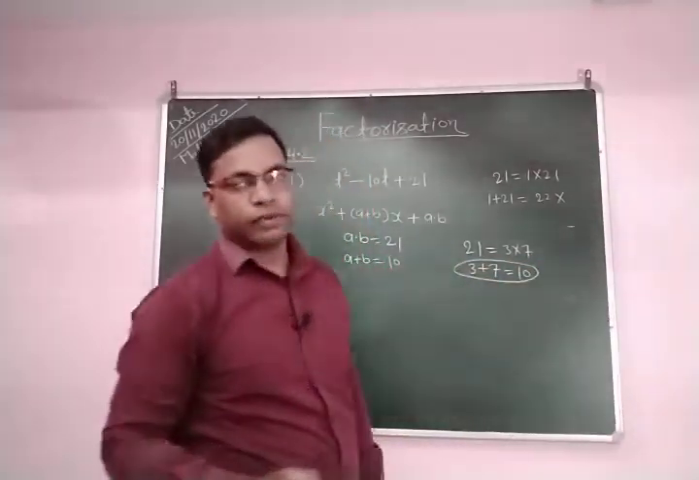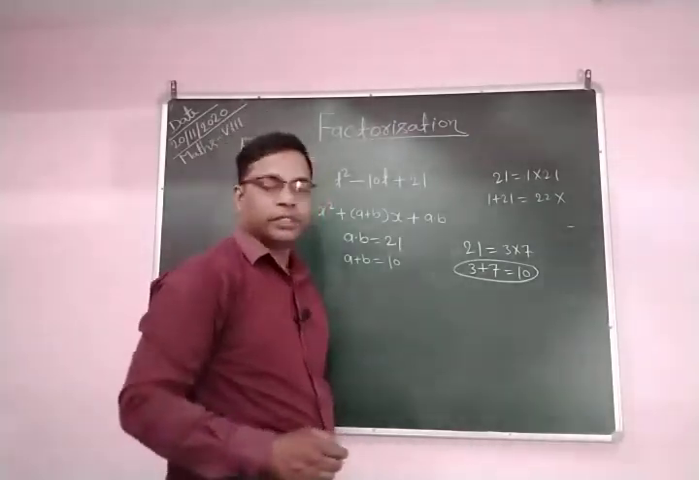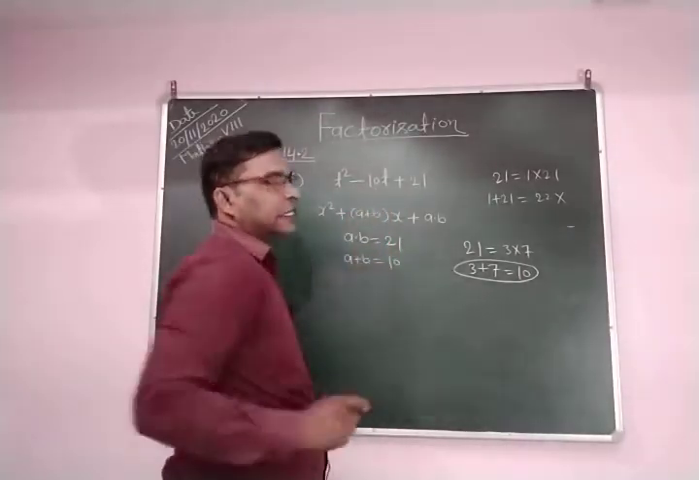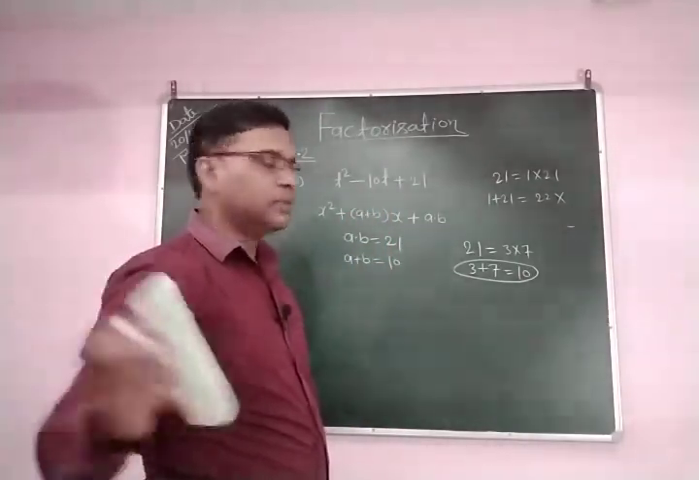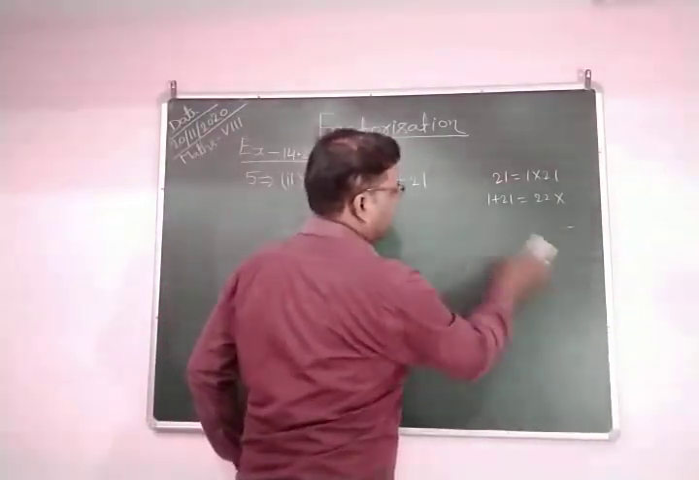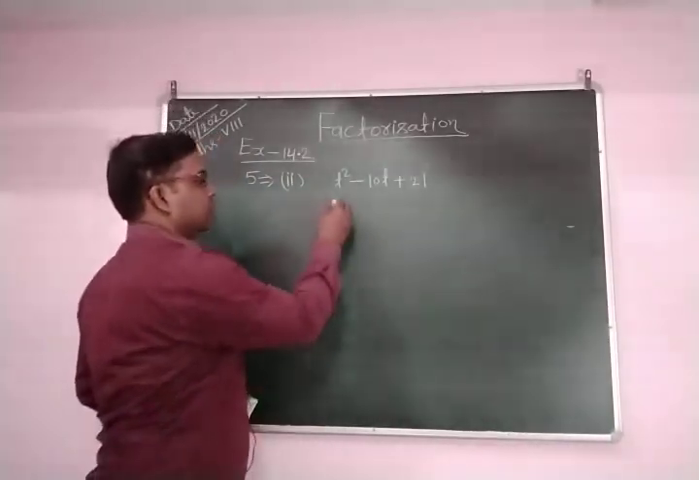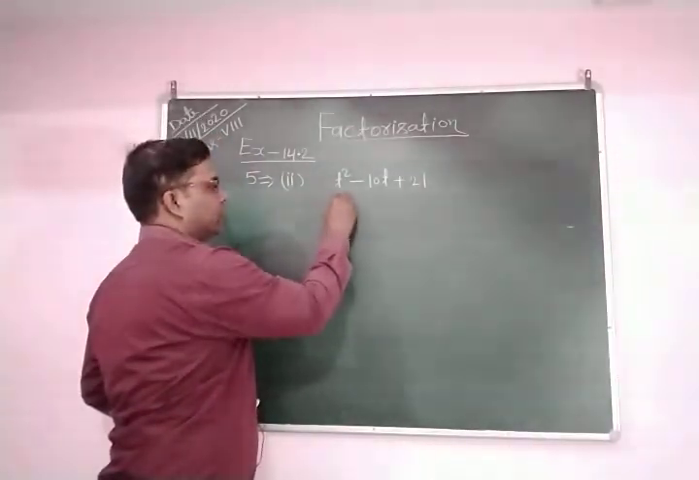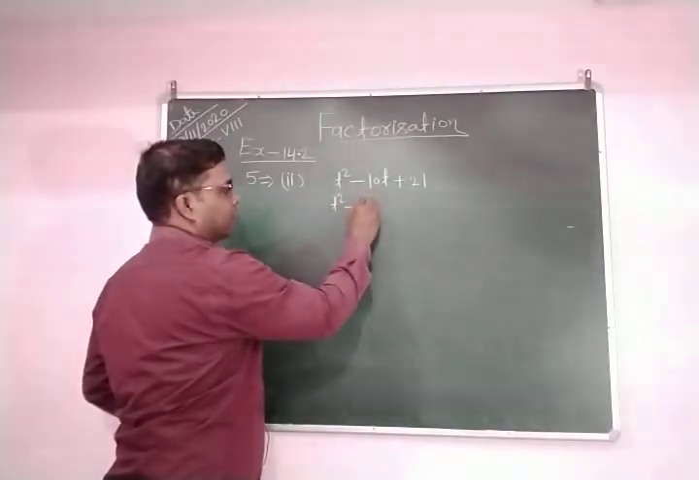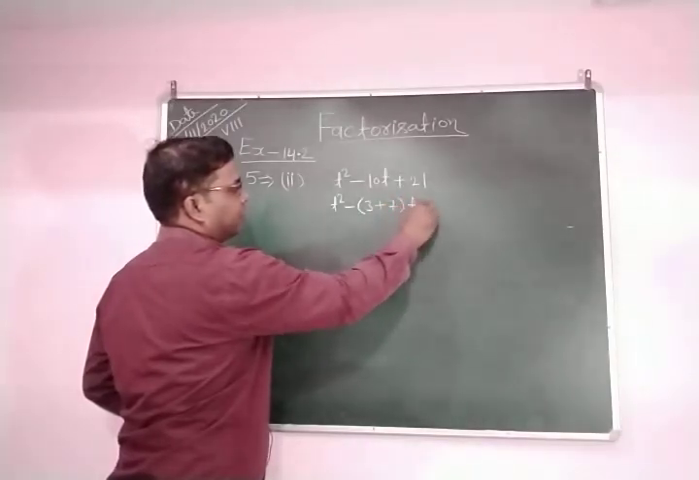3 plus 7 is equal to 10. This is clear? So we can break this term 10 into two parts, 3 plus 7, and after this you can find its factors. Okay, so you can write it: this is equal to t square minus 10 becomes 3 plus 7, into t plus